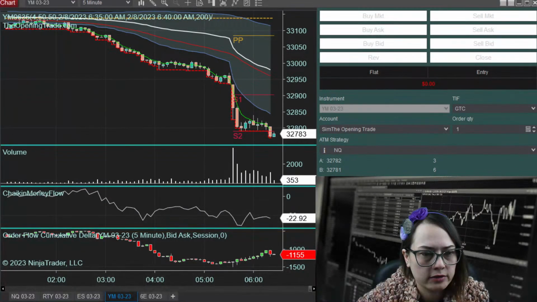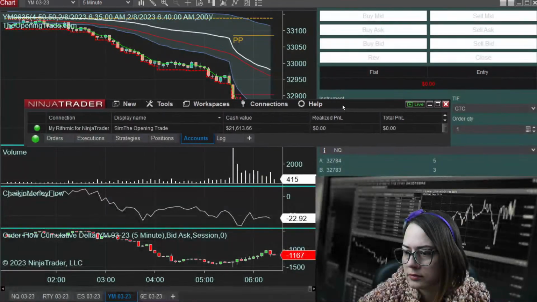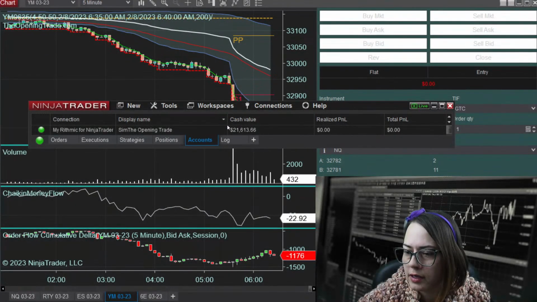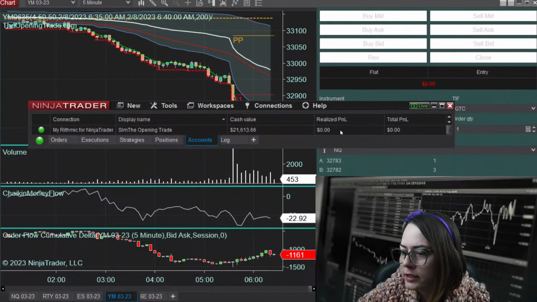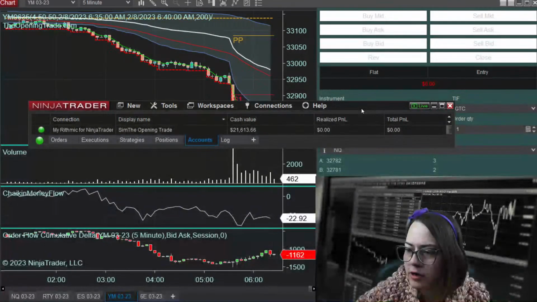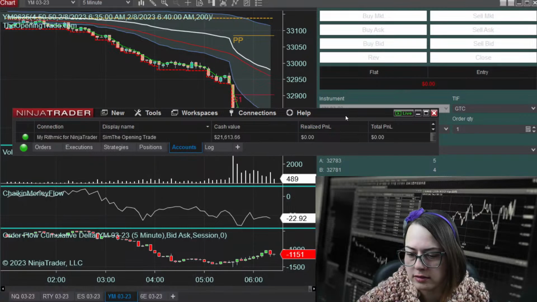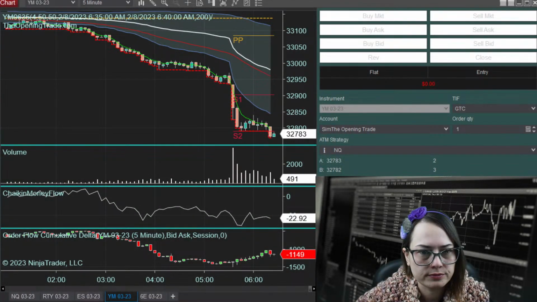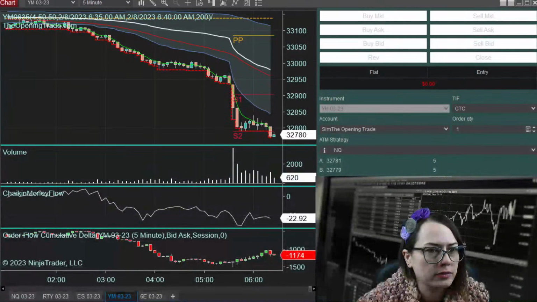All right, so let's take a look at our current simulated account balance here. Here we have simulated the opening trade, the cash value currently in the last two will change after 4 automated trades if they take place. All right, so let's look at the back test results from the previous 90 days. We will possibly see these systems trade later in this live stream.